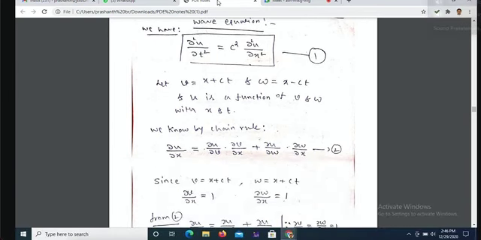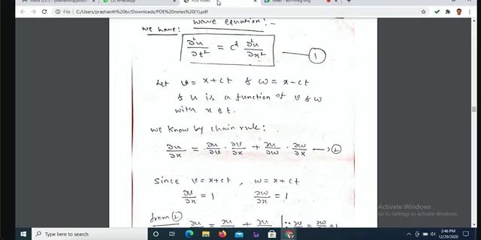Let us take some variable, let me call it V. V is equal to x plus ct, and W is x minus ct. So U is a function of V and W. Like if you take f of x, y, it is a function containing two variables x and y. The same way, U is a function of two variables, call them V and W.